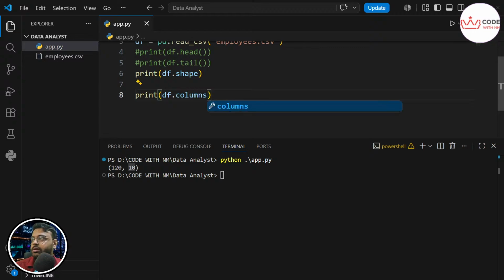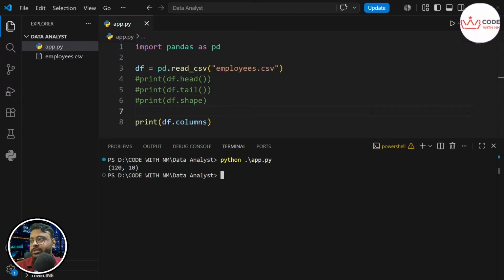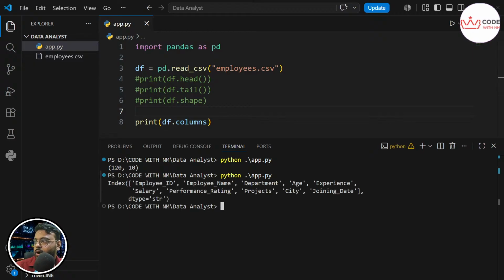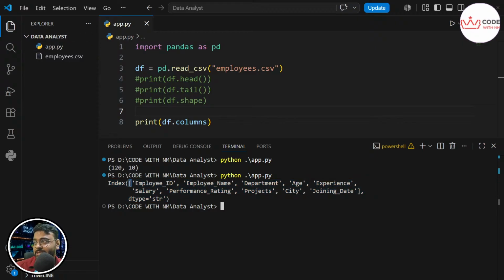Okay, let's save it, and I will comment this out. Let's save it and execute it, and you will see all the names of the columns printed. It says index, so Python treats them as an index.